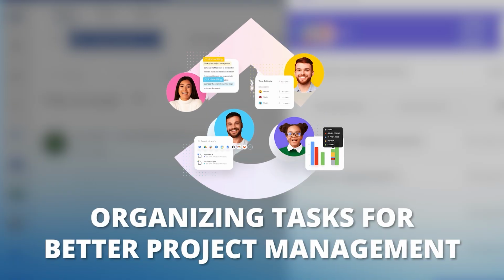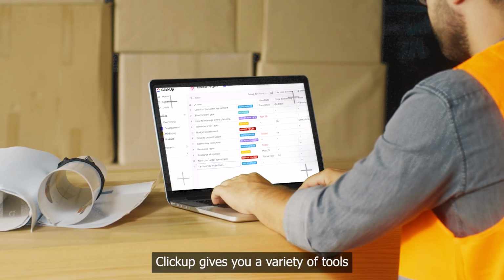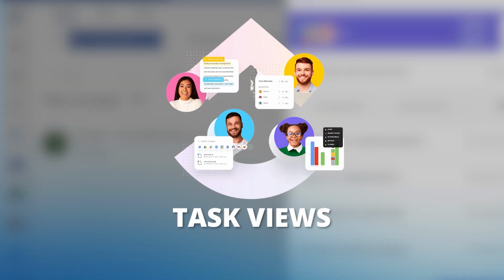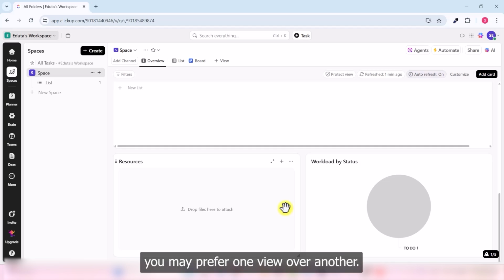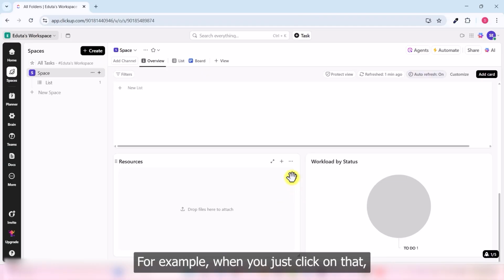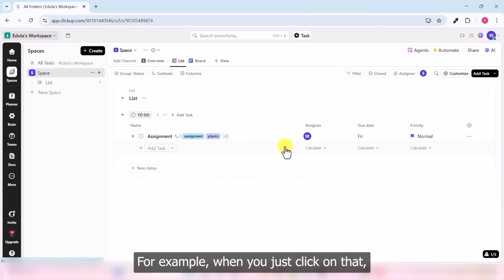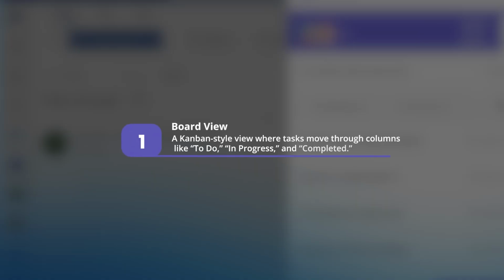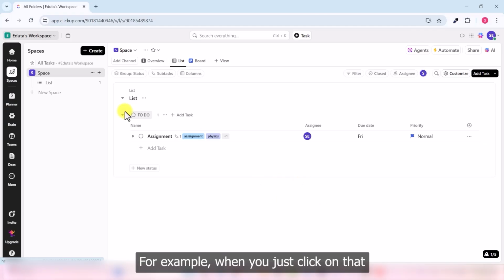Organizing tasks for better project management. ClickUp gives you a variety of tools to keep your tasks organized. Task views. Depending on your project, you may prefer one view over another. List view. A simple traditional list of tasks. For example, when you click on that, this is a list view. Board view. A Kanban style view where tasks move through columns like to do, in progress, and completed. For example, when you click on that,